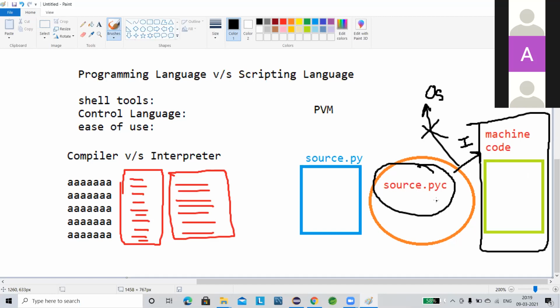So as we know in Java, in Python also the source file is compiled and creates a byte stream, and the file name is converted to source.pyc. That may be AIM or XYZ, whatever it is, but the extension goes from .py to .pyc. Then this .pyc is converted to create machine readable code, nothing but runtime code. Okay, clear everyone? Any question or any doubts?